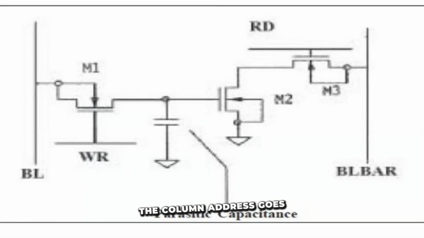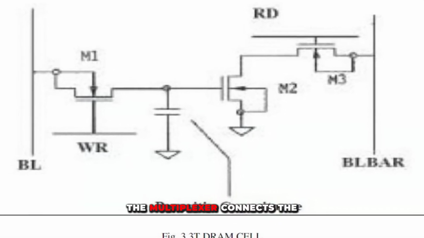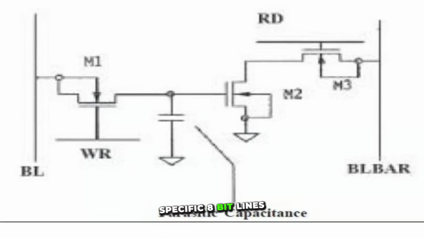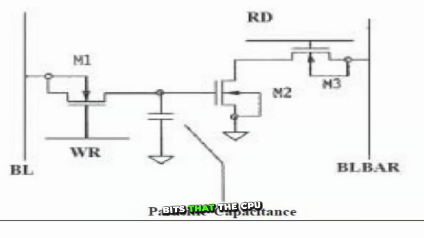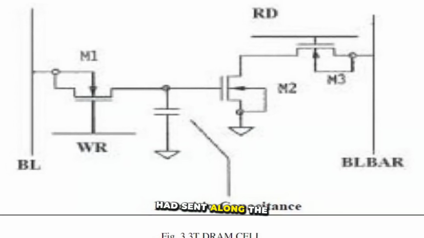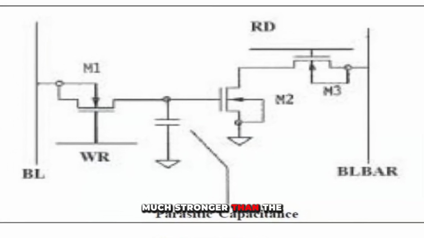Next, the column address goes to the multiplexer, but this time because a write command was sent, the multiplexer connects the specific 8 bit lines to the write driver, which contains the 8 bits that the CPU had sent along the data wires and requested to write. These write drivers are much stronger than the sense